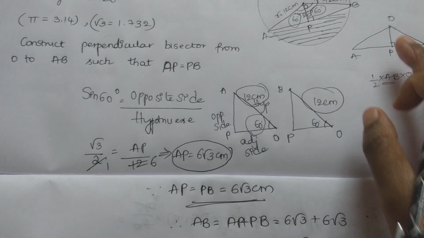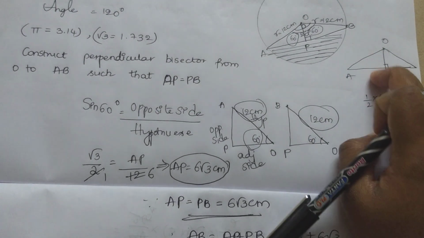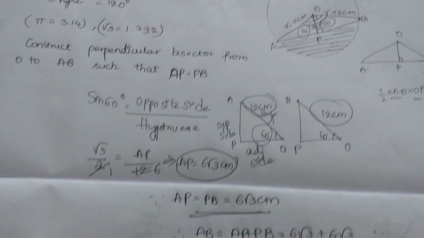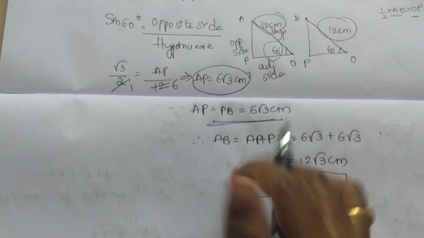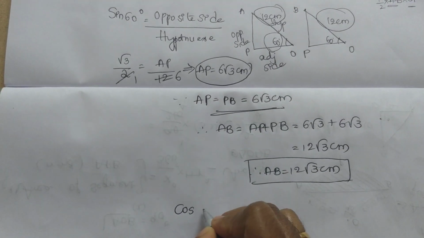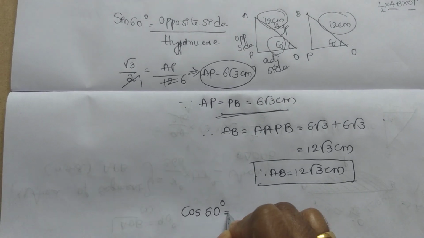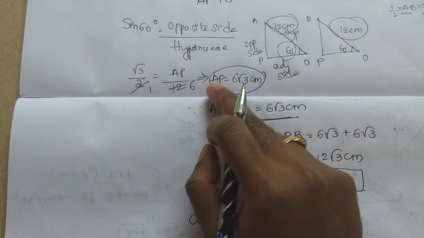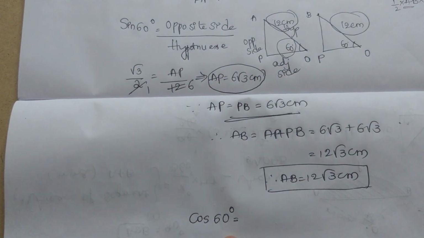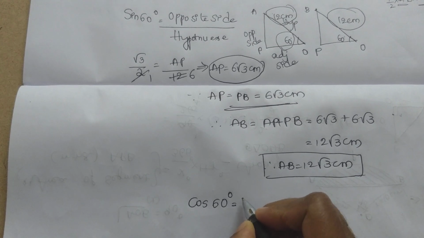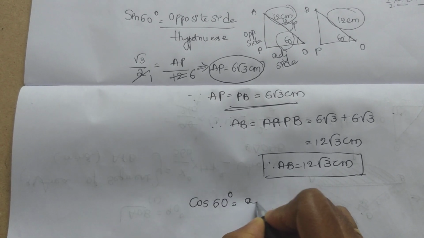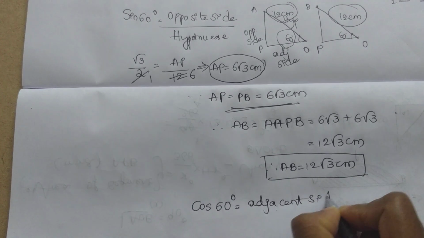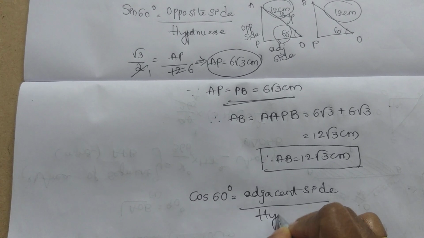So here, for the triangle base you got, but you want OP value. When you see here, this is OP, right? So in order to get the adjacent side, what trigonometric ratio can you use? It is cos. So cos 60 equals, same triangle I am using. You can use either triangle, but anyway I have solved the opposite side by the first triangle only, so I am using the same triangle for OP value also. Cos 60 equals, what is the formula? Cos function formula? Adjacent side by hypotenuse.